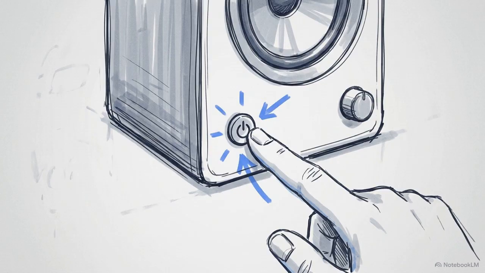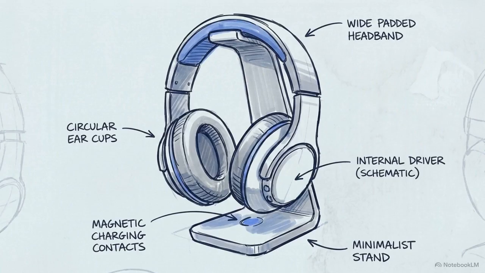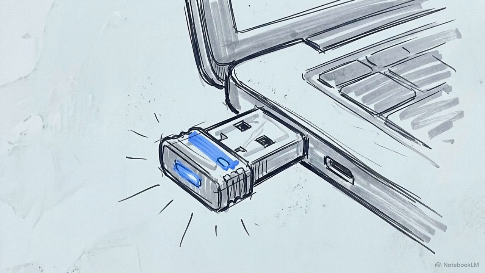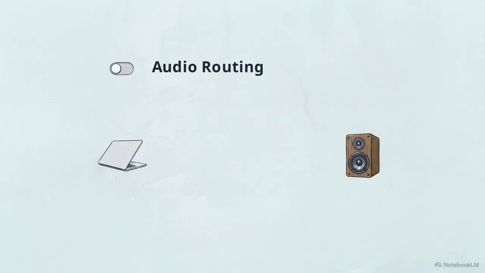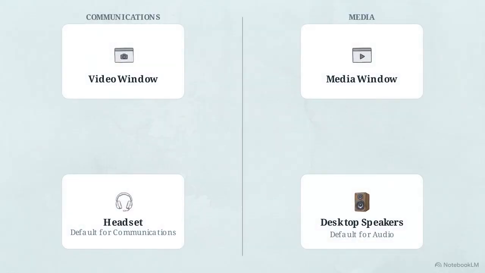Before opening any software menus, verify your physical hardware. Ensure your external speakers, your dedicated microphones, and wireless headsets are physically connected to the machine or fully powered on. Modern operating systems apply these routing protocols immediately. Any changes we make today take effect the moment you click, bypassing the need for a system reboot. Taking control of your audio means executing a clear software mandate, guaranteeing your private communications stay private and your media